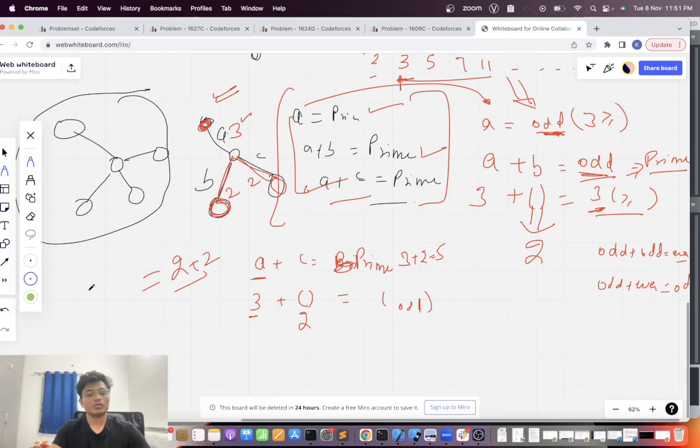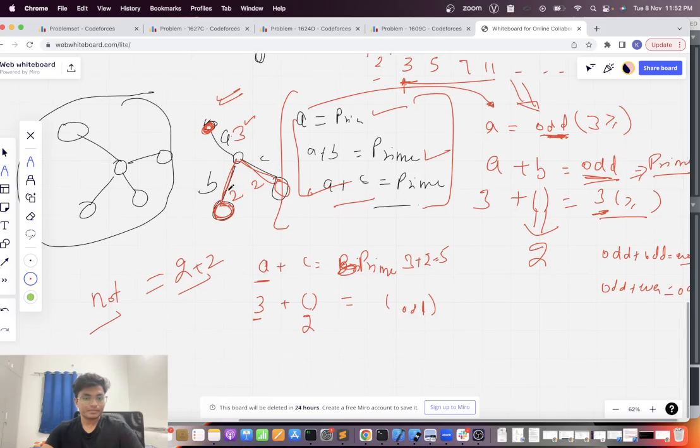So it is not satisfied. What I want to say is that it is never possible to take any node connected more than 2 times, because I have only one even number,